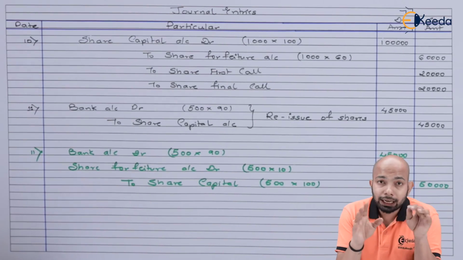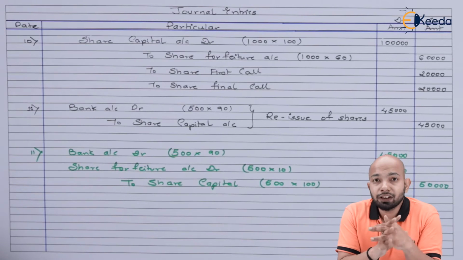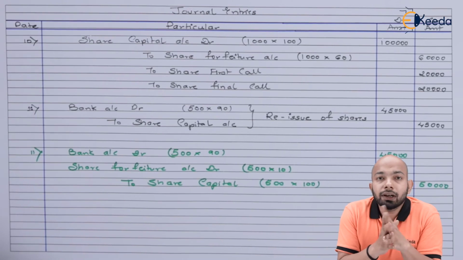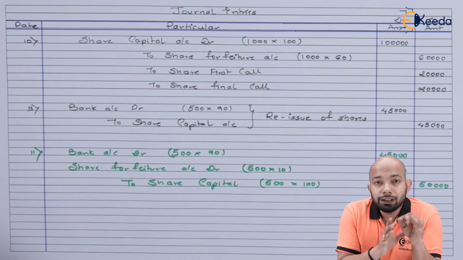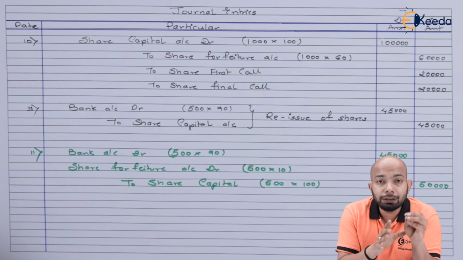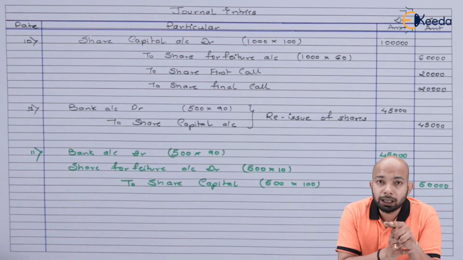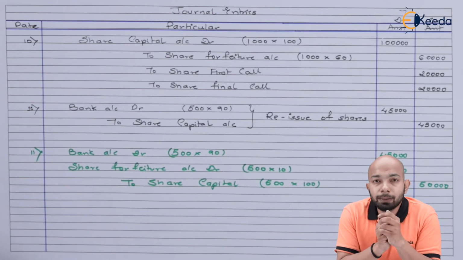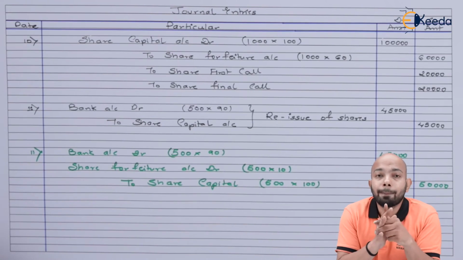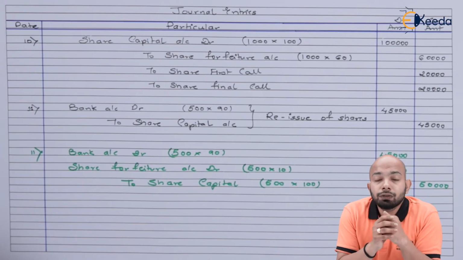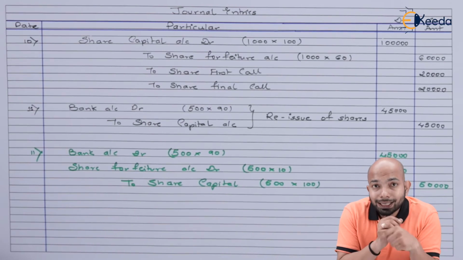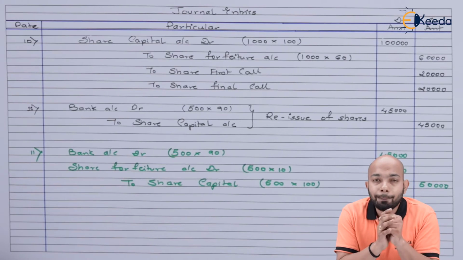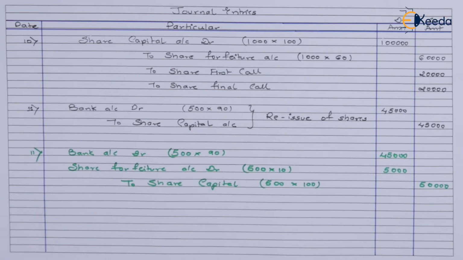Now, if we can see, we had a share forfeiture balance of 60,000 as we have mentioned there, out of which 5,000 has been utilized to cover up the loss here, and hence we would have a share forfeiture balance of 55,000 here, because 60,000 was the opening balance, out of which 5,000 has been utilized. So the closing balance in share forfeiture will be 55,000, which will be transferred to capital reserve. So whatever share forfeiture balance we have, after passing this entry, we have to pass that entry related to transfer of share forfeiture to capital reserve. So let's pass that entry.